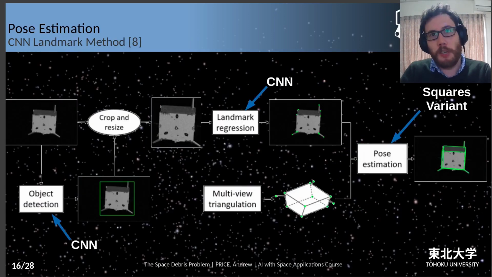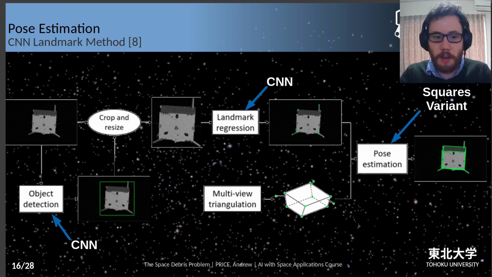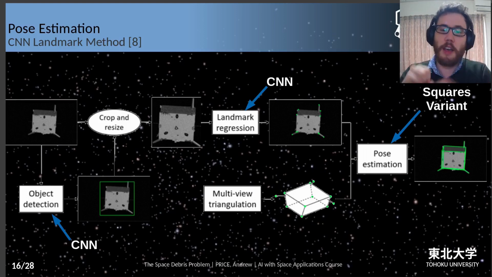So when we talk about pose estimation, in literature there are primarily two methods. One is the landmark method, and that's shown here. We'll take an input image, we can crop and resize the image, and then we estimate the landmark, or we regress the landmark. So you can see in the third image across the top here, there's some little green dots, and those correspond to the vertices of the object, or we've estimated the location of the vertices of